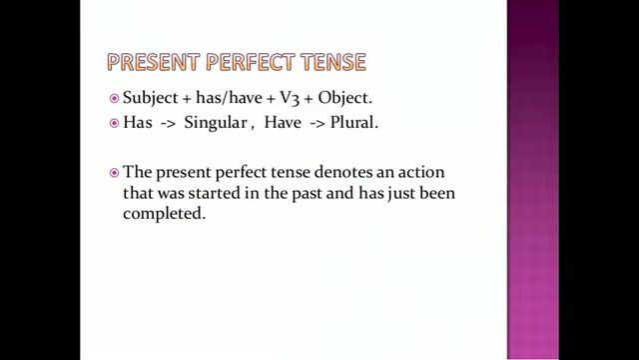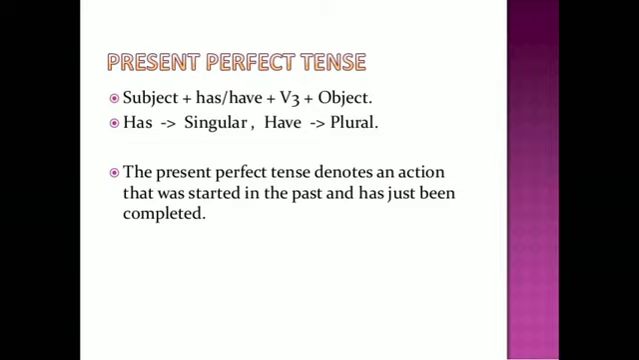Now about present perfect tense. So how do you form sentences in present perfect tense? That is subject plus has, have plus third form of verb plus object. When do we use has? So we will use has with singular and have with plural. So the present perfect tense